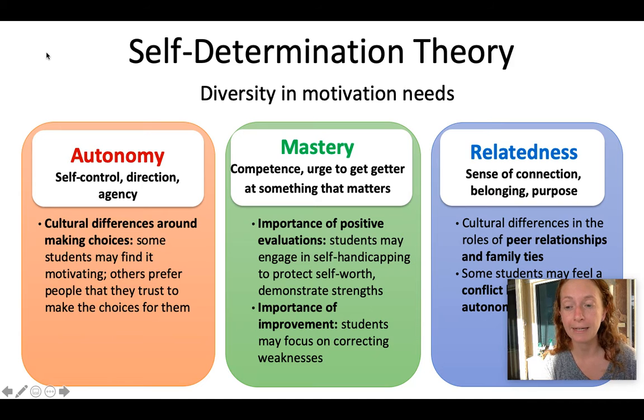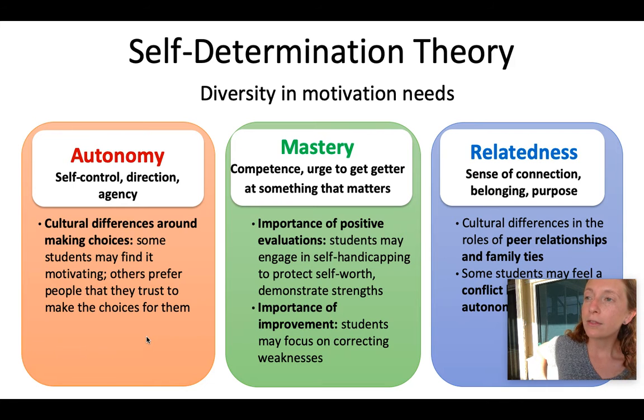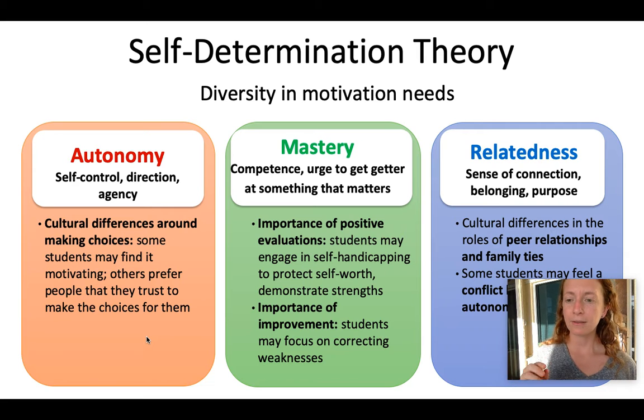However, there's a lot of diversity in these three things, so you can't just define them and move on with life. And so for autonomy, there is diversity. Some students find teacher direction motivating, whereas other students need that self-direction. I know that some students do prefer that people are making choices for them. I saw this in my students sometimes, especially when their self-efficacy was down. It was almost like they liked me as a bigger guide so that they felt more confident. And then I'd wean off that.